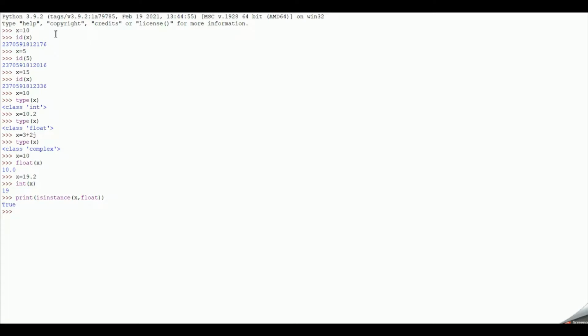It will return the value True because x is holding a float value. So we learned id, then we learned what is type, then isinstance, and type conversion also we learned. And now let's look into another two points which were discussed in the previous session, that was